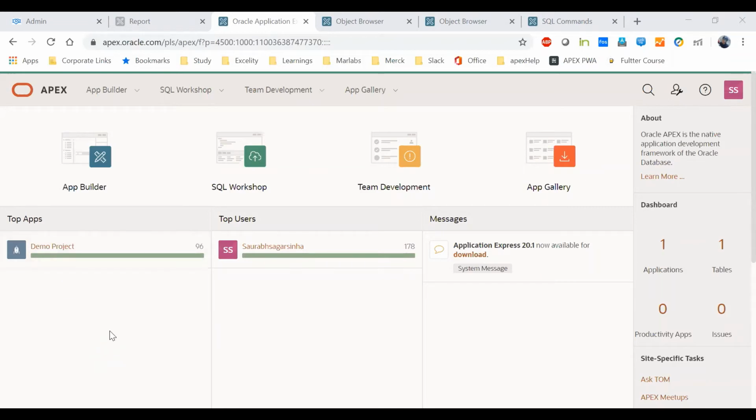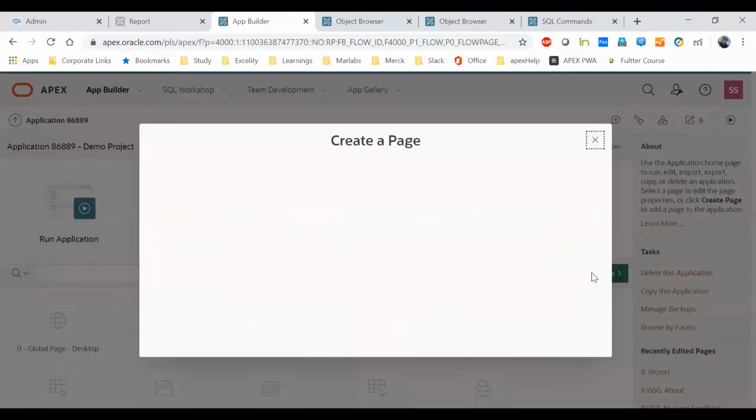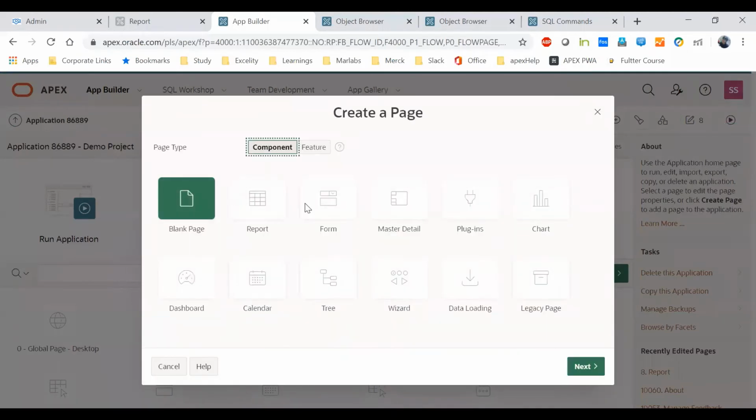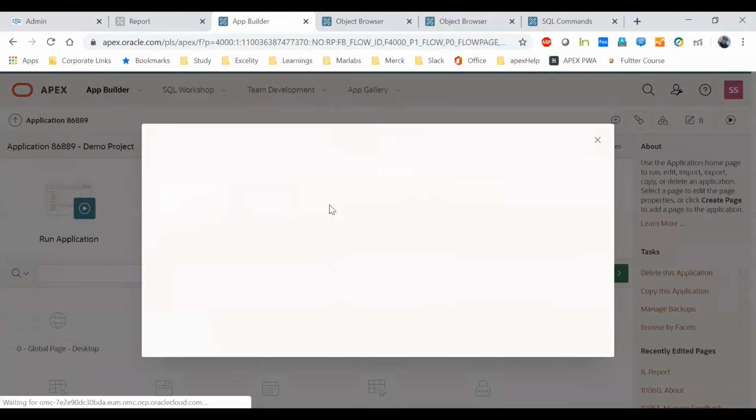So for that, I'll click on the application where we were working, and here we have to click on create page. Here we have to select an option where form is written, and select this report with form. I'm going to create a report and form together.